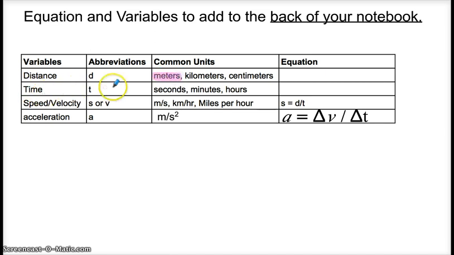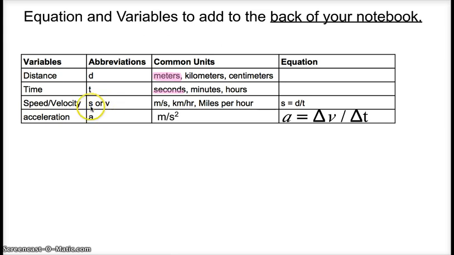Okay, time is abbreviated as T, so that's going to be the variable that shows up on our equation. Okay, the letter that is in our equation, not the units. But oftentimes we find time in seconds. And then we've already learned about the speed or velocity equation, and that's going to be abbreviated either as an